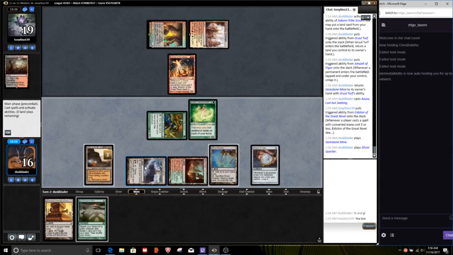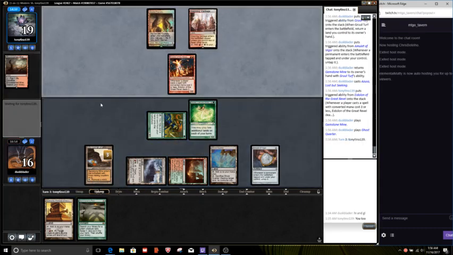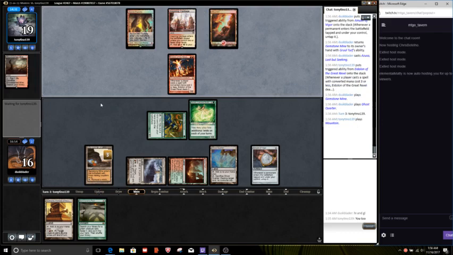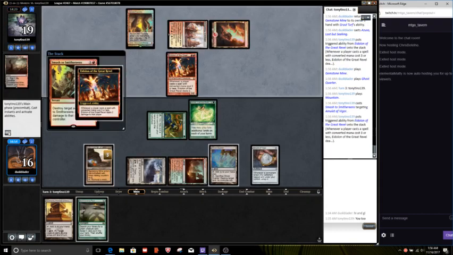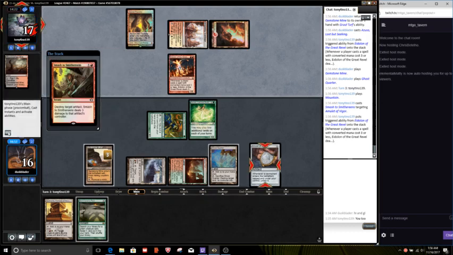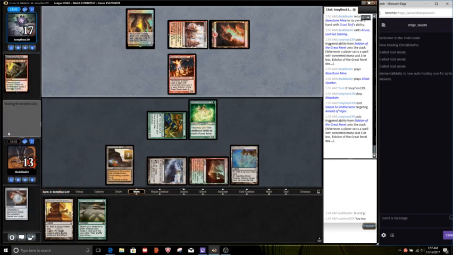So next turn, 1, 2, 3, 4, 5. 3, 4, 5, 6. So we're going to have... Yeah, we were very dependent upon that bounce land. Alright, and Smash. Smash is perfectly fine. Ironically, the card that I really didn't want them to keep up was...